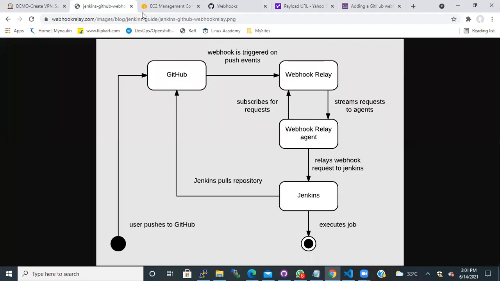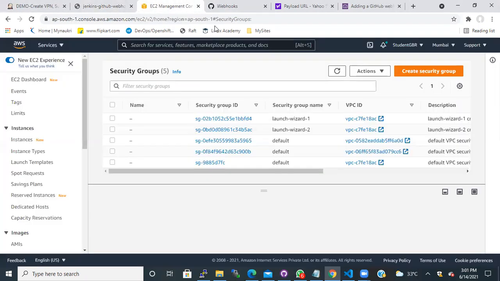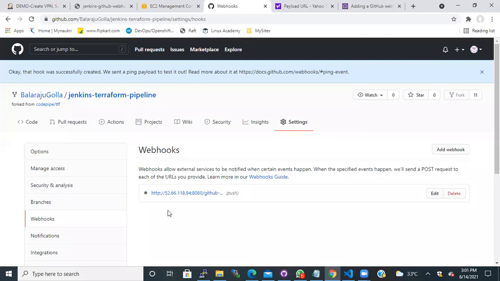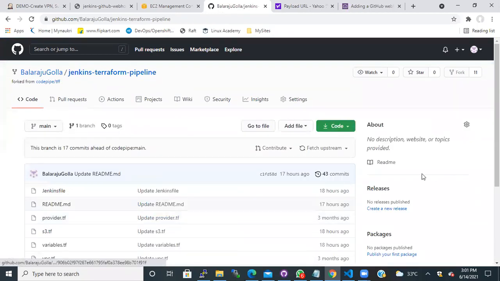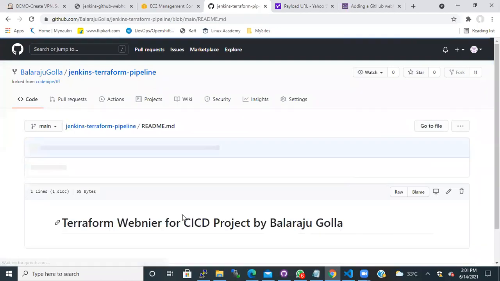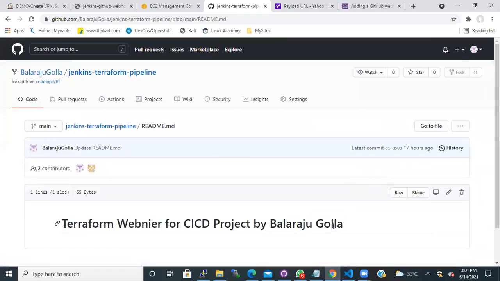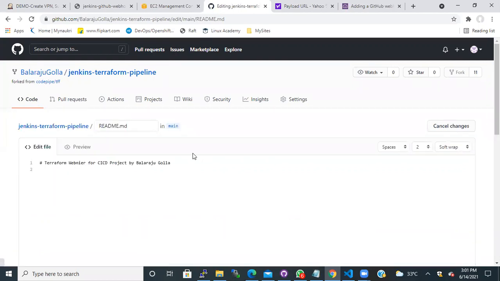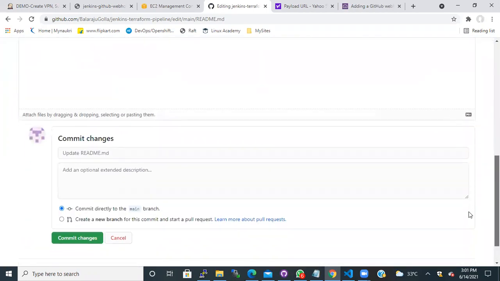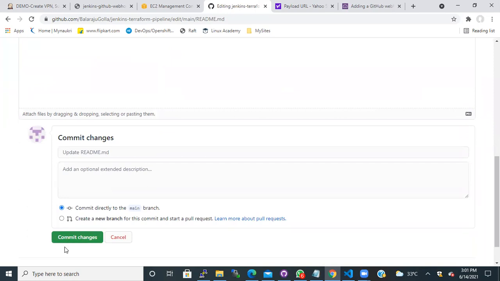Okay, let me just make some change here. I'm just using another one just to see what is the problem.